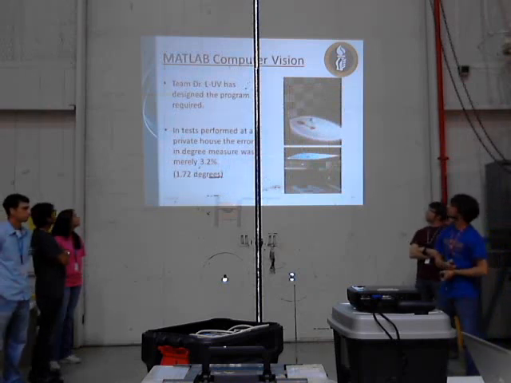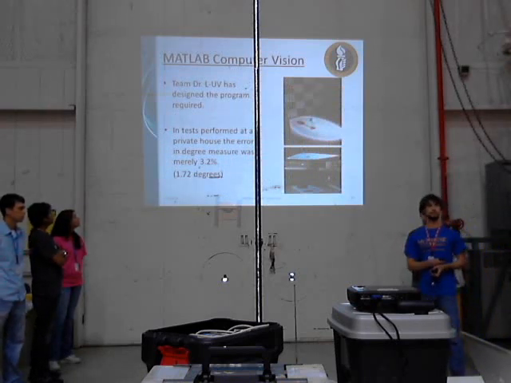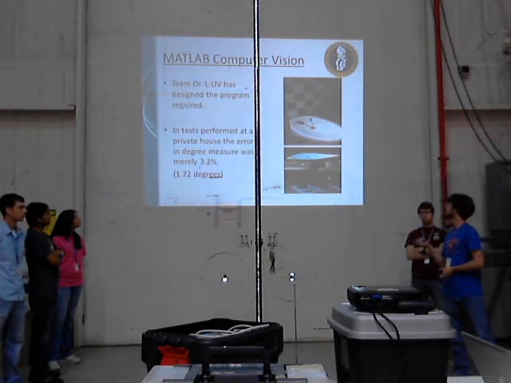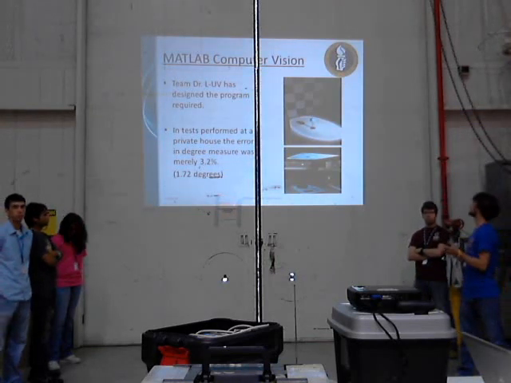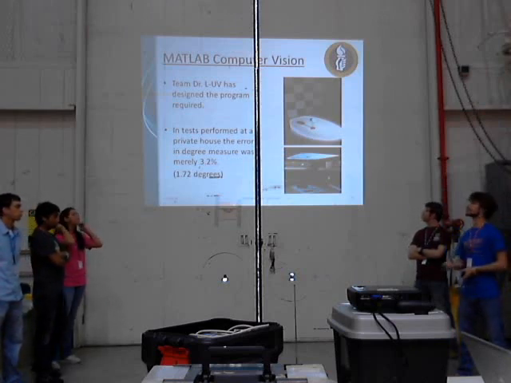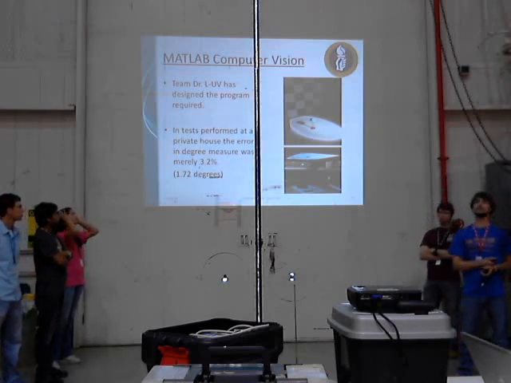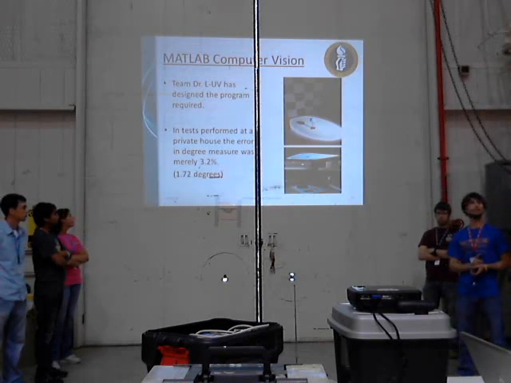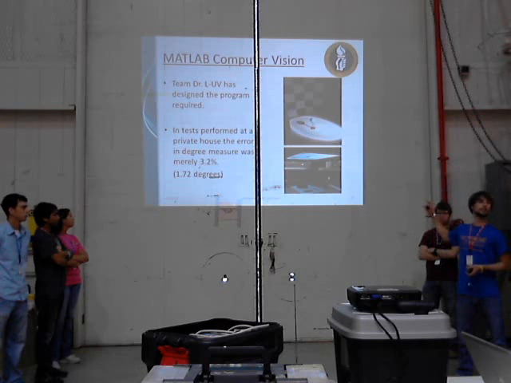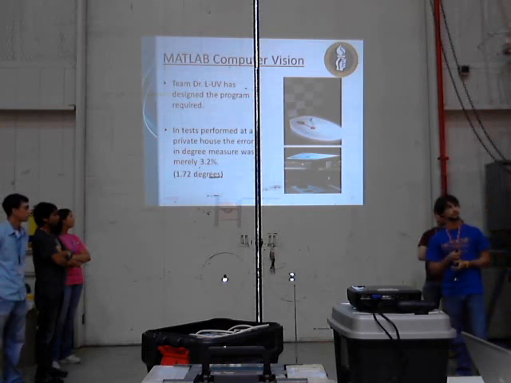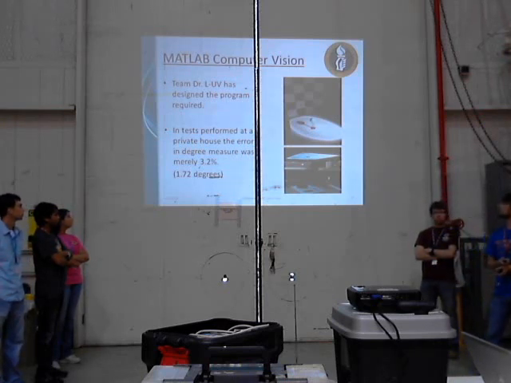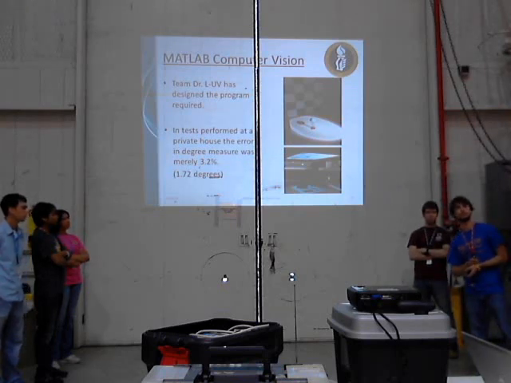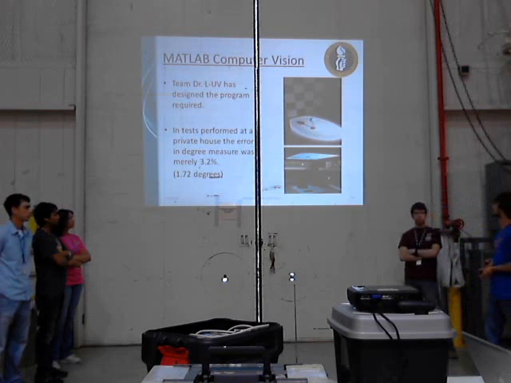The final thing we had to test was the MATLAB computer vision, to make sure it would be able to measure our shadows adequately. In this test, I used my house: we set up the camera at the same distance it's going to be from the viewplate, and then shone some lights on a small rod separated by a spring to break up the two shadows, and we found an error of only 3.2%, which is approximately 1.72 degrees off over the couple of times we tested it.